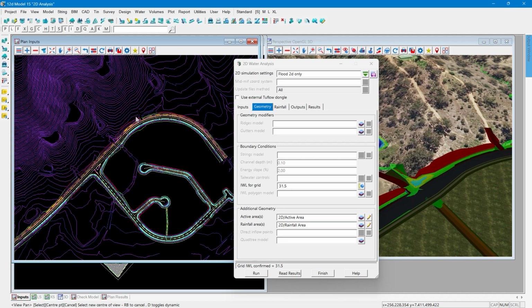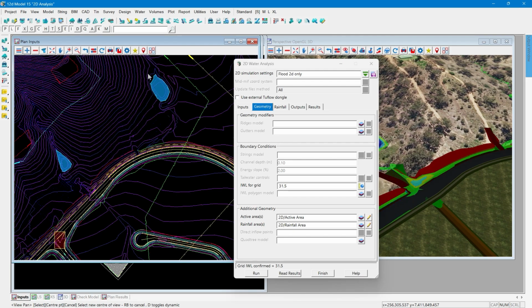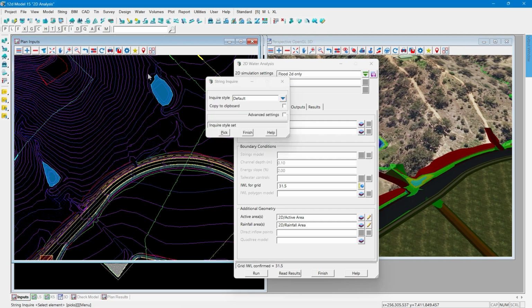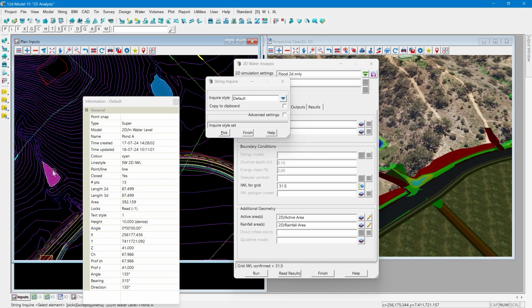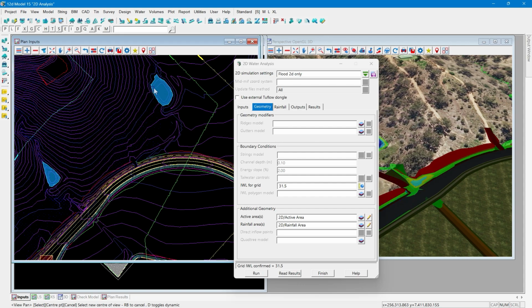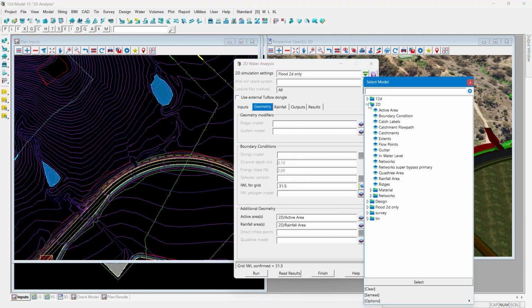I have two polygons created and two polygons drawn where I want to set initial water levels for items in a model. And if I have a look at the heights of those in the inquire, I have some Z values that are already on those strings. Okay, you don't have to have Z values, but it is a little bit handier when you do. So I can set an initial water level polygons model. So if I choose that model of the data that you can see on the screen,